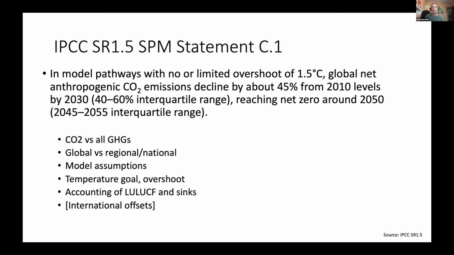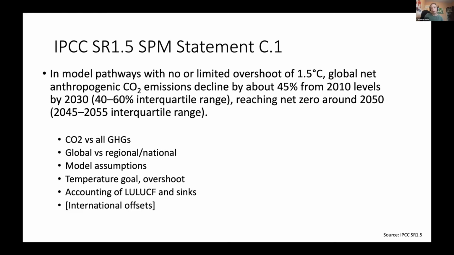The summary says, in model pathways with no or limited overshoot of 1.5 degrees, global net anthropogenic carbon dioxide emissions decline by about 45% by 2030, reaching net zero around 2050. Right, so that seems to give us all the information that we need to get to a 1.5 degree pathway